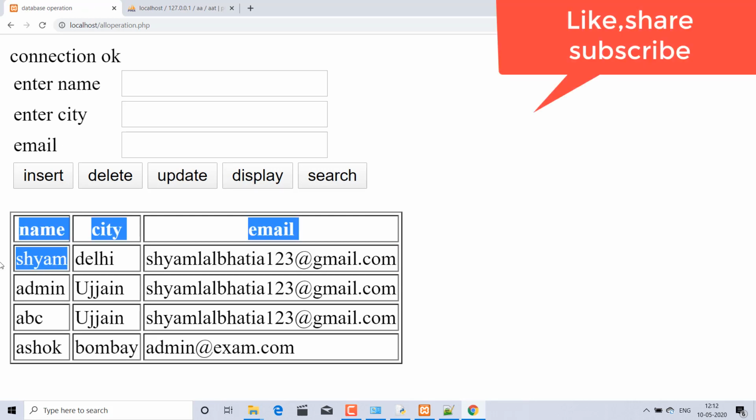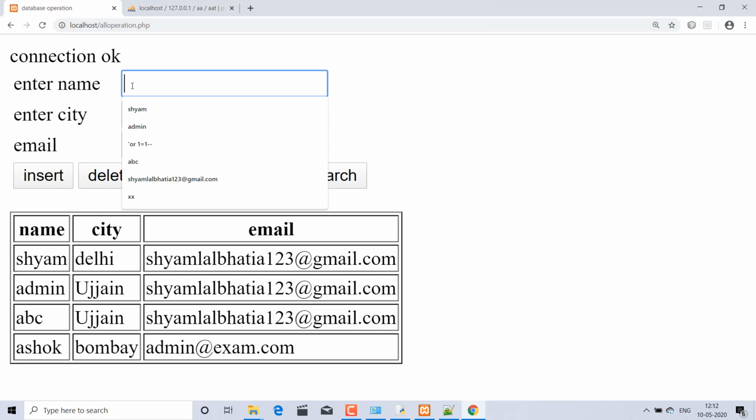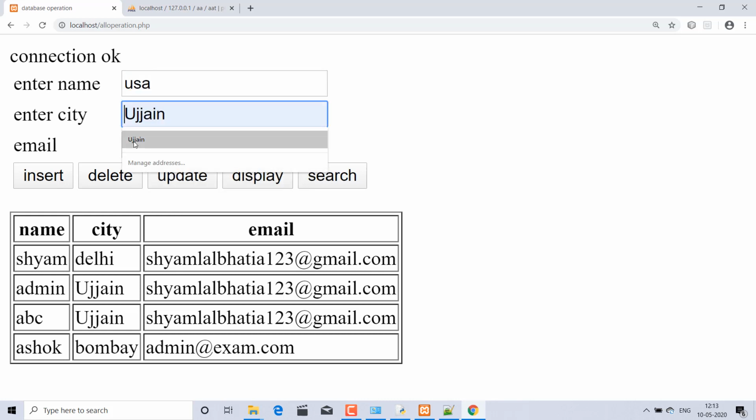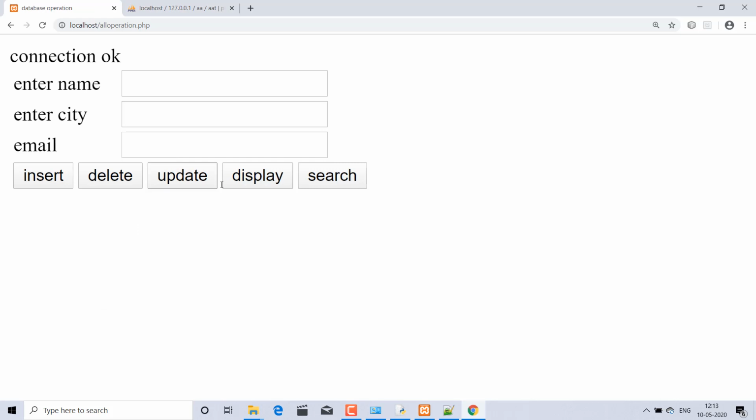So here the Shyam and Delhi, here is the operation. So I am passing here another name, you can say, and update.